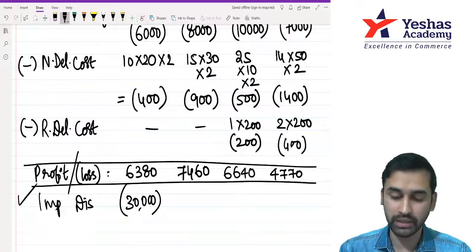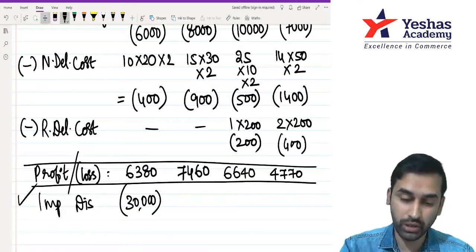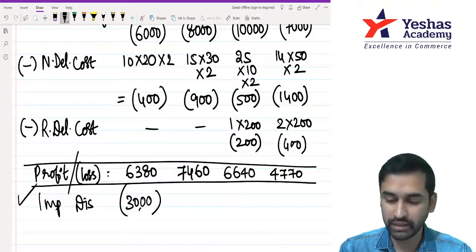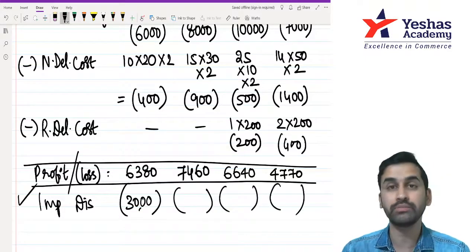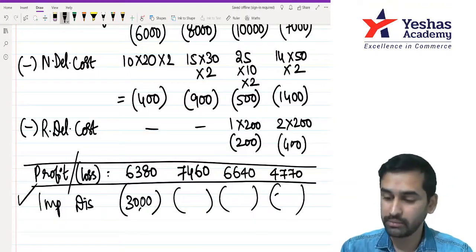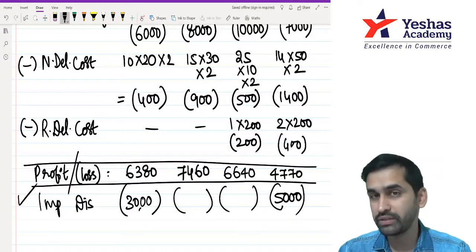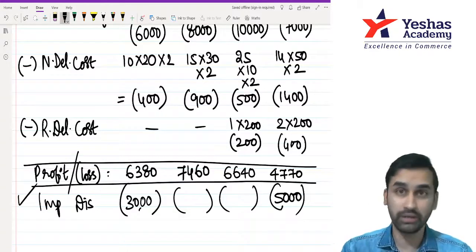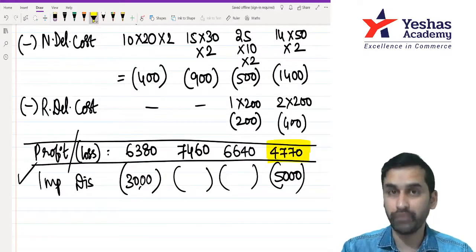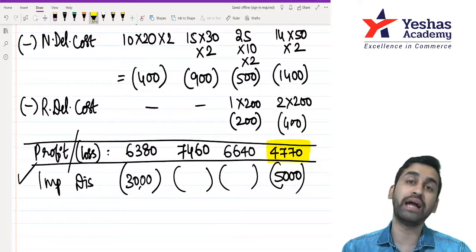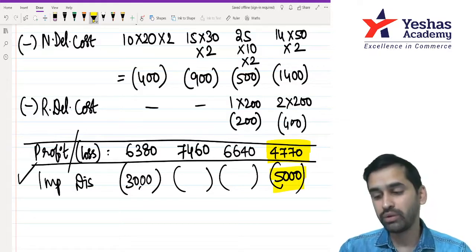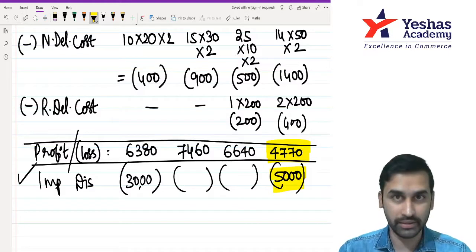Now here what will happen, 6,380 is what you are getting as of now, but 3,000 is the discount that you are giving. Like this you will get the discount for all of this. What if the discount given to customer D, the last customer, is itself 5,000? Now what will be your conclusion? This customer is actually going to give me profit only and only if I sell at list price. The moment I give him discount, the discount will be much more than the profit that you will get, correct?